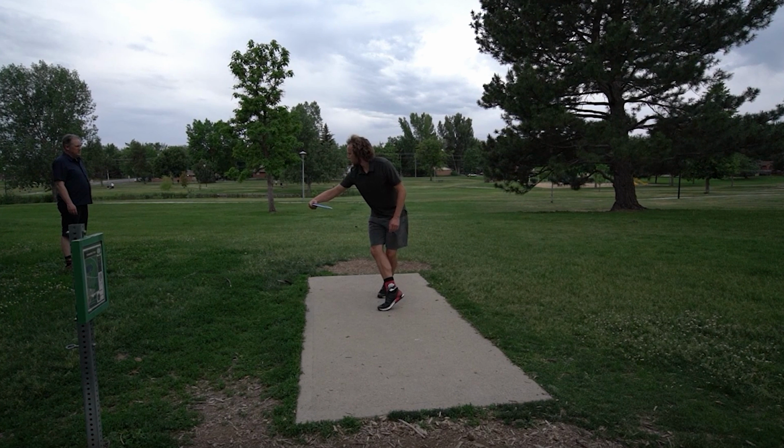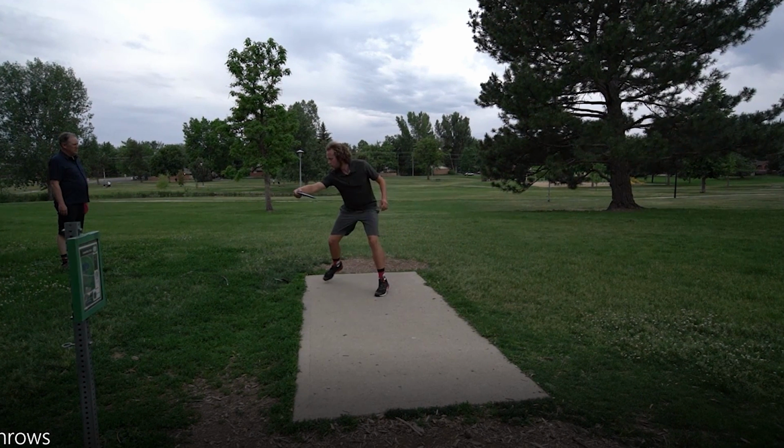It's more just loading my hips and getting all of my weight on my left foot, which is preparing my body to brace and put all of that onto my front foot and load it forward to then eventually get up into the disc. My plant step, right here,